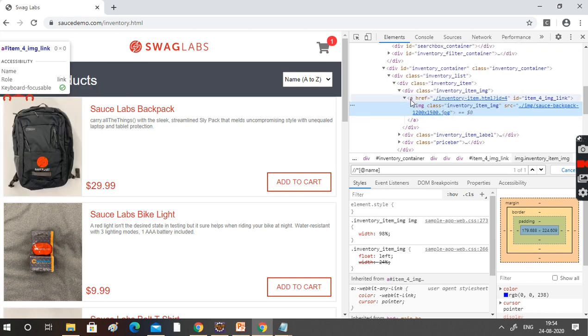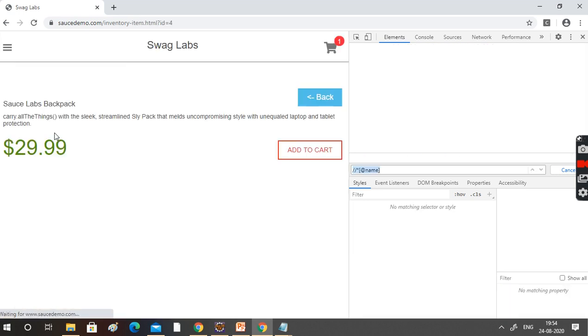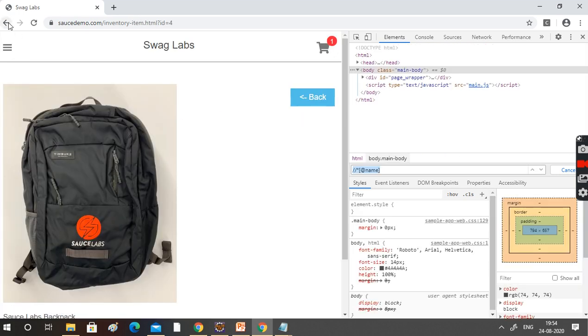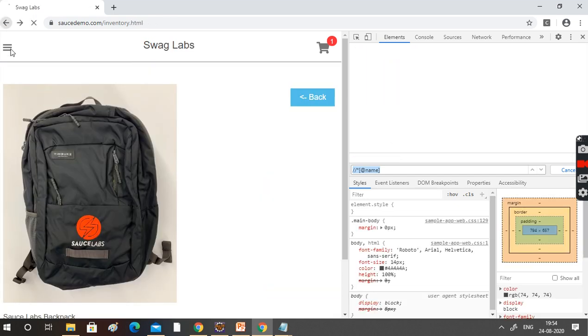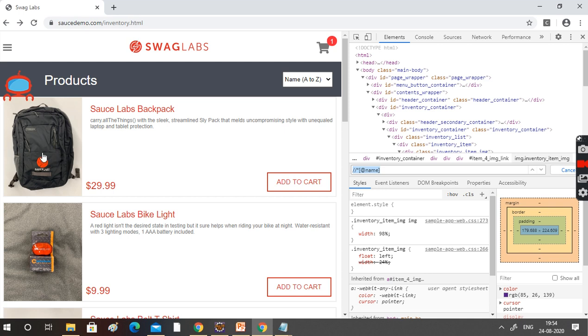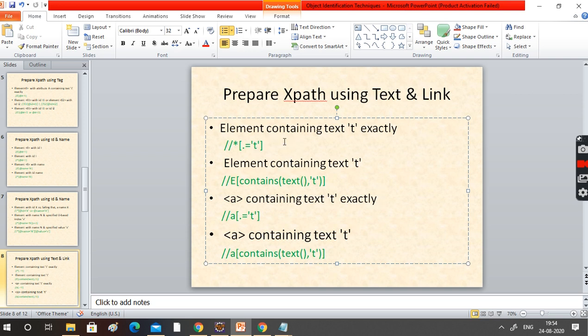I want to click on this particular one. If you click it, is anything coming here? Yes, the picture is coming, right? Okay, fine. I want to identify this particular bag. How can I identify this particular bag? With the help of this element identification technique.